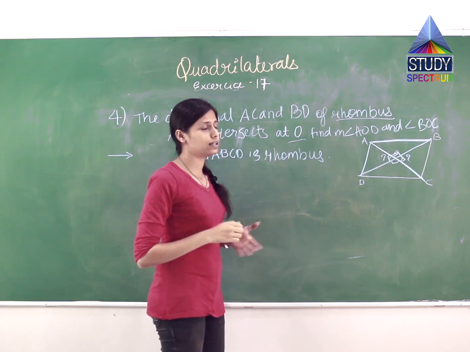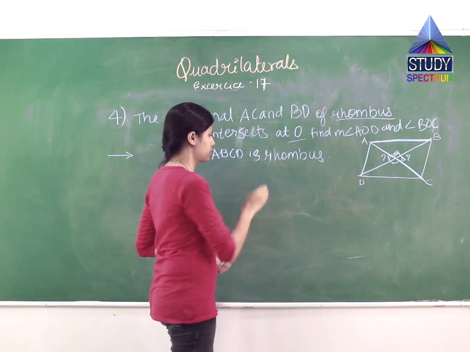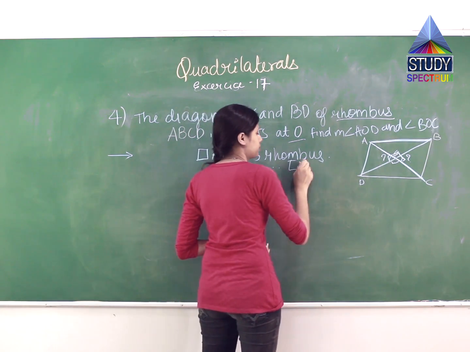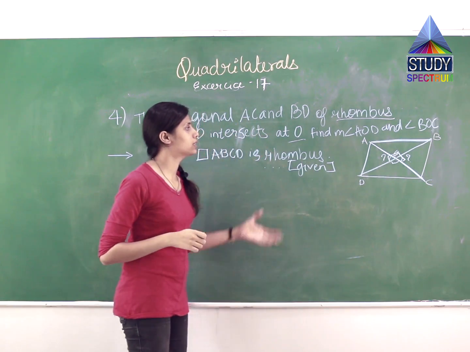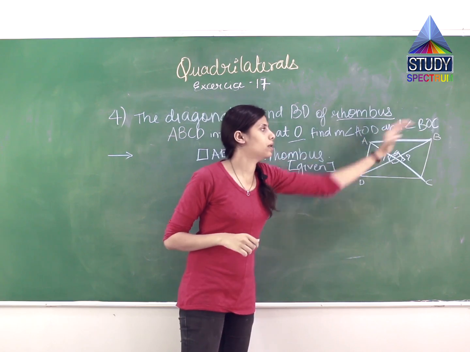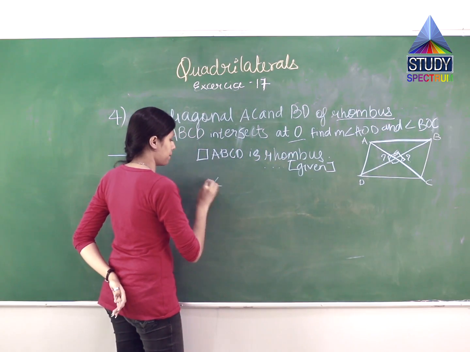Okay. So quadrilateral ABCD is a rhombus. Given. Okay. So this is given. Now angle AOD and angle BOC. So measure of angle